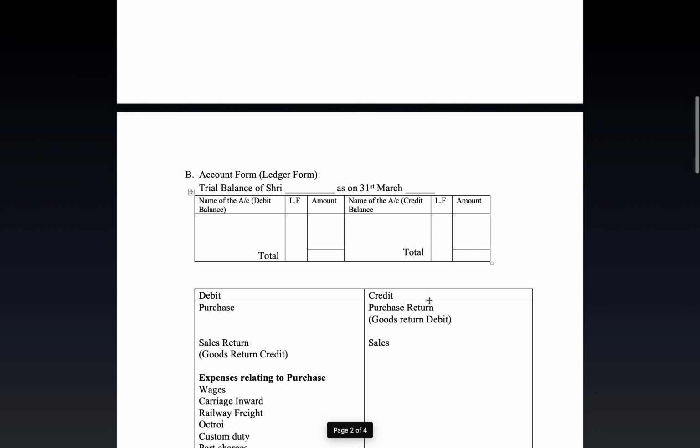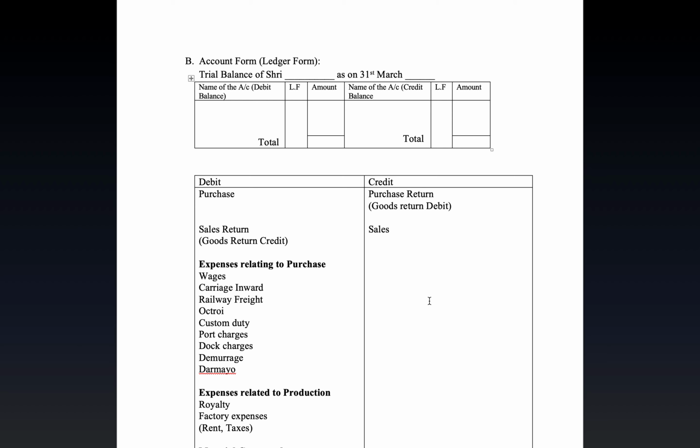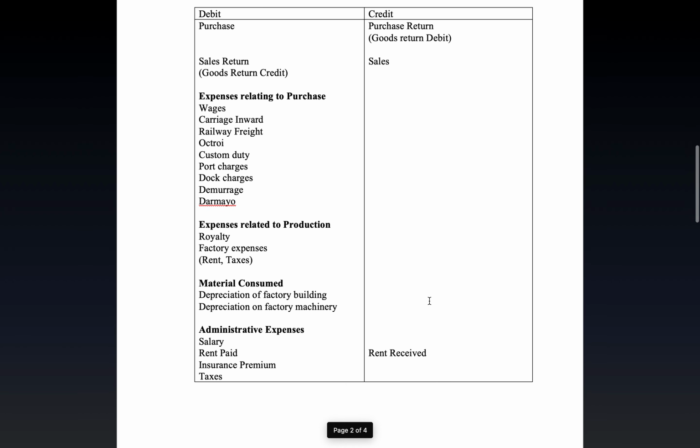Now here I will show you something really important which will really help you in understanding the final account. Before we go to the final account, this is the statement which you have to understand, that this is where some of the accounts compulsorily come. If you understand the trial balance, it will be really easy to understand the final account. Now here you can see on one side I kept all the debits, whichever accounts pass to the debit side of the trial balance, and the same on the credit side.